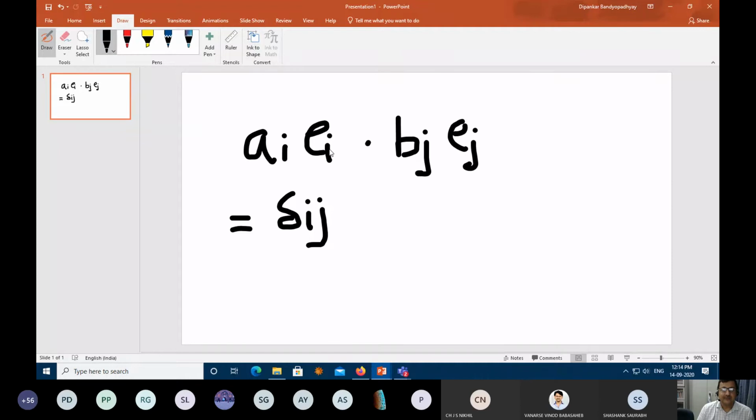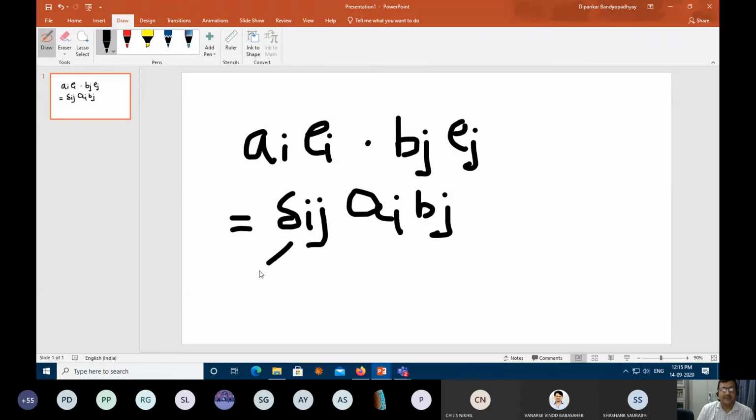So what am I saying? A1 E1 means E1 is the unit vector and A1 times E1 is the total quantity. So whenever you have these unit vectors and you take a dot product, dot product means you are projecting this vector onto that vector or that vector onto this vector. It's commutative in terms of multiplication. Now, when you do that, it leads to a symbol called delta IJ, and then you write AI BJ. Okay. Now, what is this Kronecker delta?